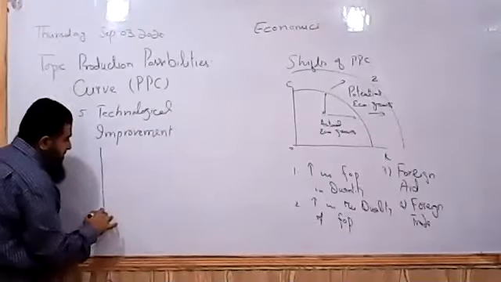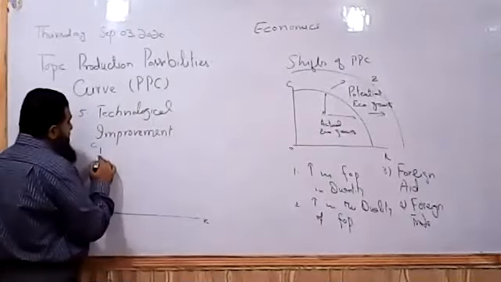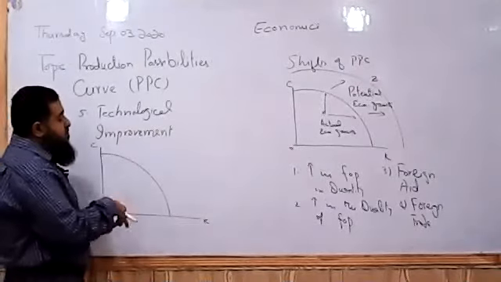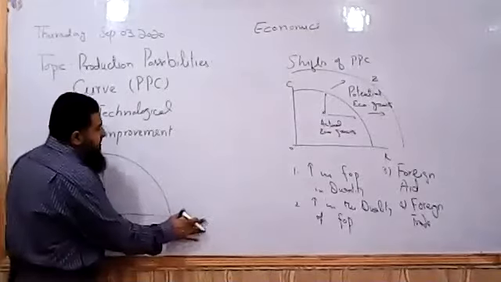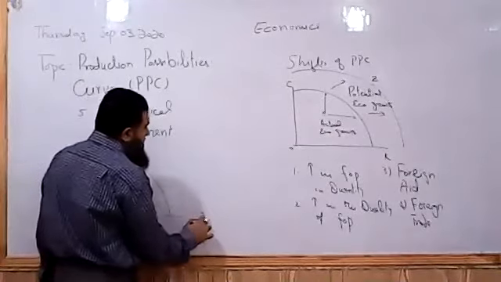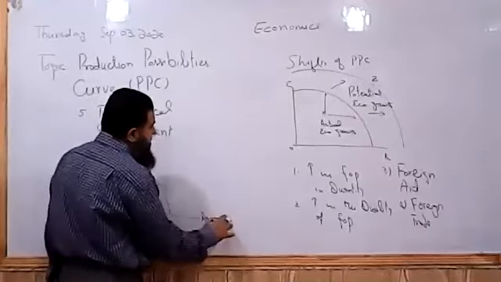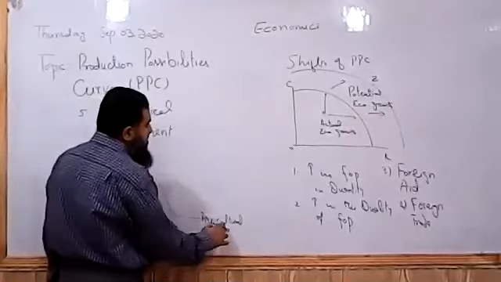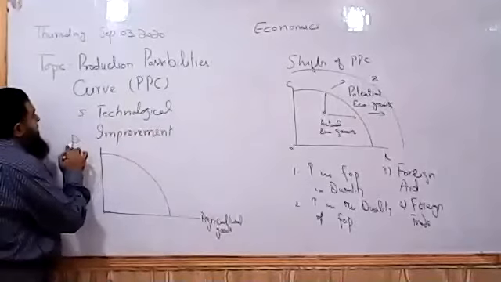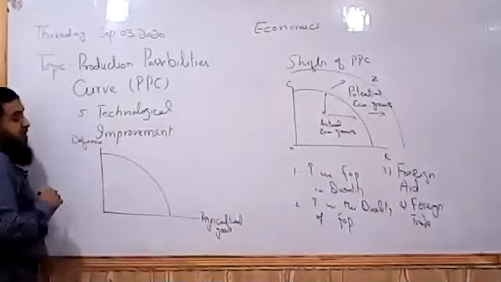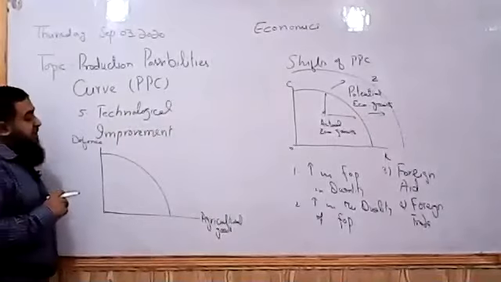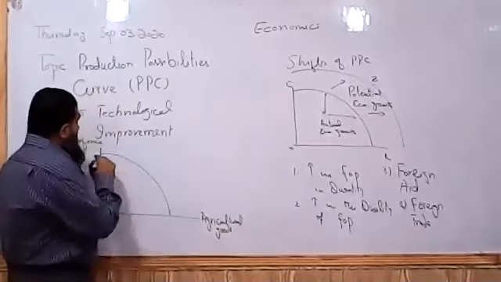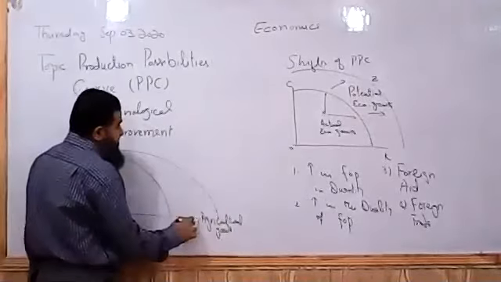Like here we have capital and consumer goods. Now the technology to produce more capital goods. Okay, we can say here I am taking agricultural goods. Because capital is already a technology, I take agricultural goods. And here if I take defense of the country, defense items, defense goods. So if technology is improved to produce more of agricultural goods, what happens? Now we will have a pivotal outward shift.